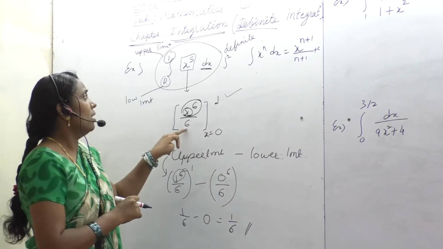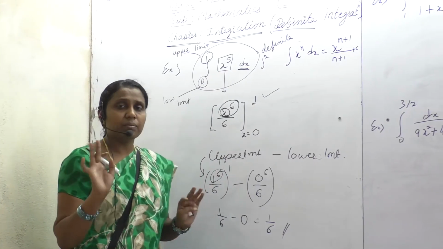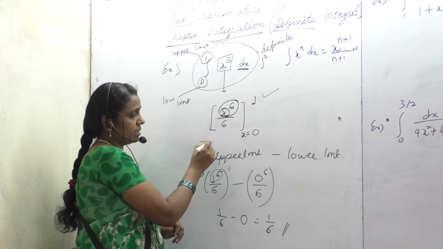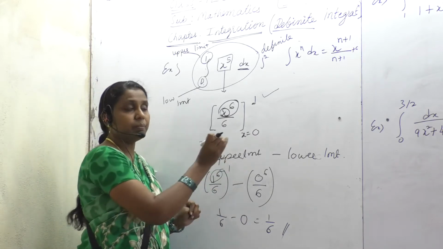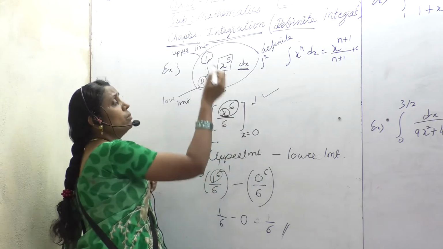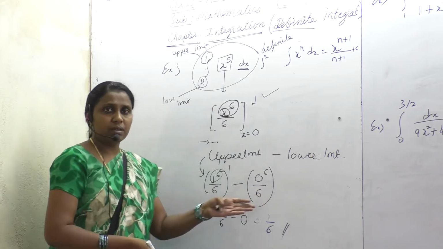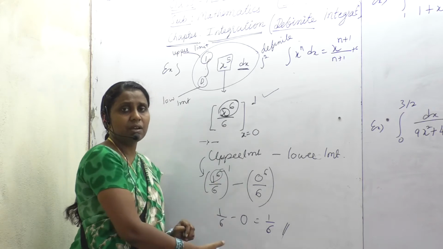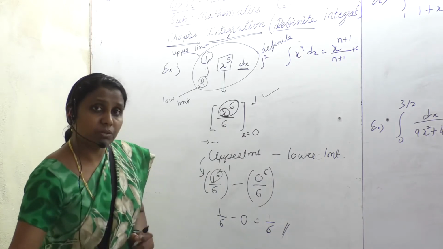Now what to be done? As usual, the integration you are performing, the same way integration is to be performed. Write the result. Next, the extra simplification, this is extra. In the end, upper limit minus lower limit. Wherever x appears, replace that by 1. Suppose the limits are from 1 to 2, replace x by 2 for the upper limit, replace x by 1 for the lower limit. Upper limit minus lower limit. The simplification is an algebraic expression, you can sort it out. Okay? Is this clear? Let me make you understand one more simple example.